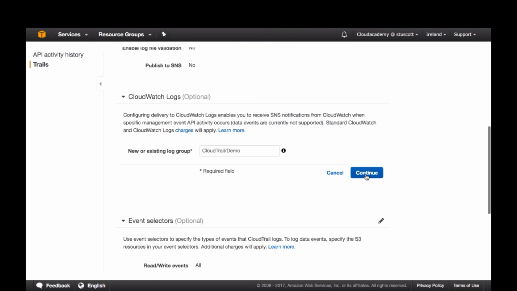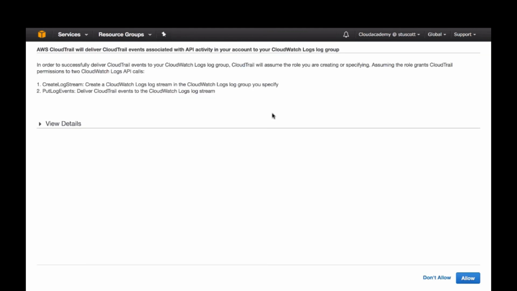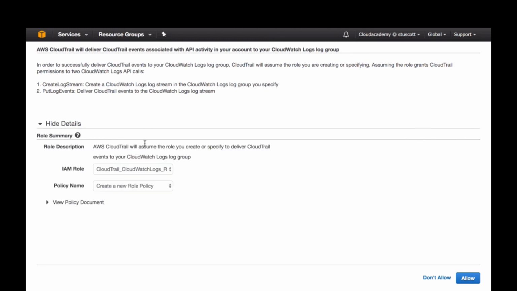So we've given it a name, and here it just gives a message to say that for CloudTrail to deliver events and logs to CloudWatch logs, it needs to assume a role with permissions to run two API calls, which are these two here. And if we go down into the details, you can see that the IAM role that it's going to use is the CloudTrail CloudWatch logs role,